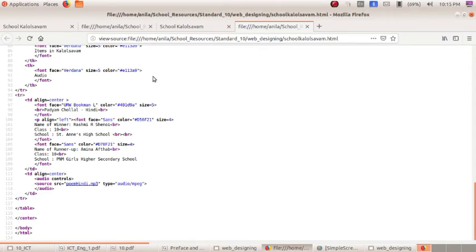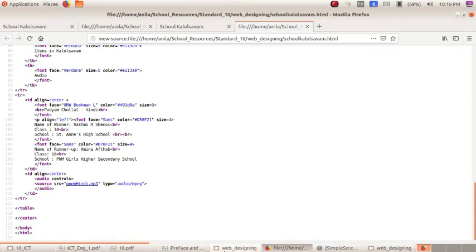So these can be called the styles of the web page. Examples: font color, margin, font size, font face, then align, center, etc. Okay, so keep it in your mind. A web page contains 2 portions. First one is contents, second one is styles.